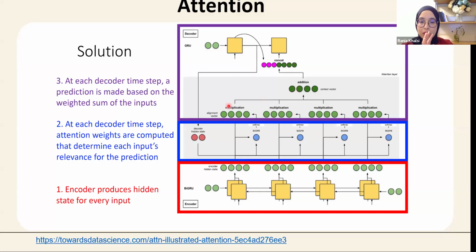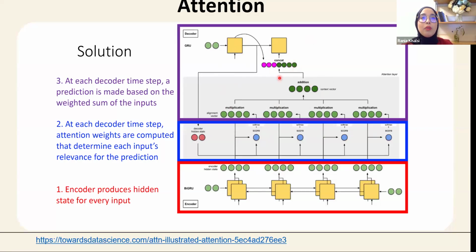Now, from this information, the relevance here corresponds to the importance. And when I talk about the importance, I mean which parts of the input should contribute more strongly to the final prediction. So the third point here is that at each decoder time step, a prediction is made based on the weighted sum of the input, okay? So we use the weighted sum of the input representation, given these scores, in order to obtain the